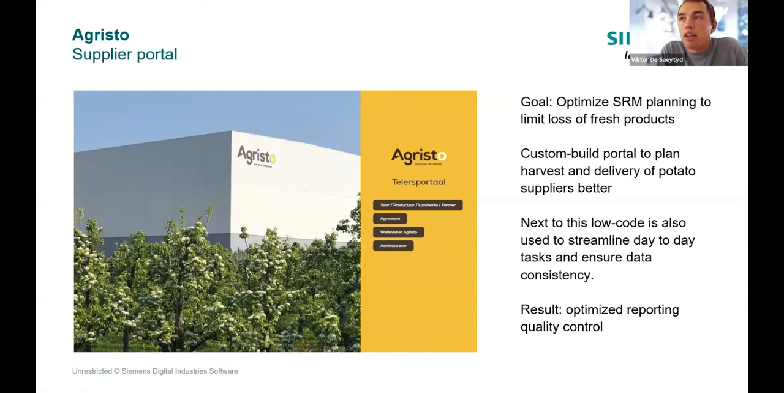So another example which we wanted to mention is Agristo. This is more related to a supplier portal. Agristo had issues that they lost fresh products because sometimes different farmers delivered potatoes on the same day, for instance. And this resulted in them not being able to process all the potatoes fast enough, and they lost some fresh